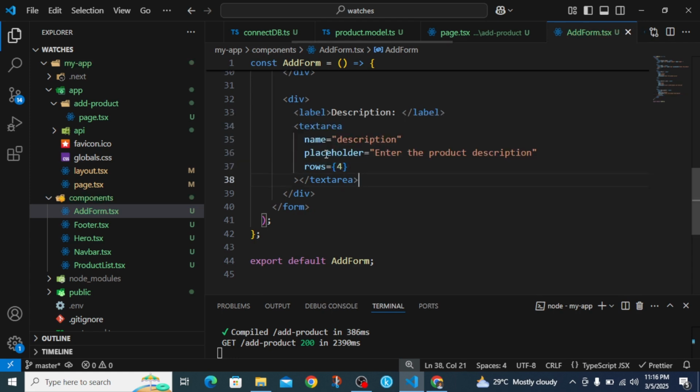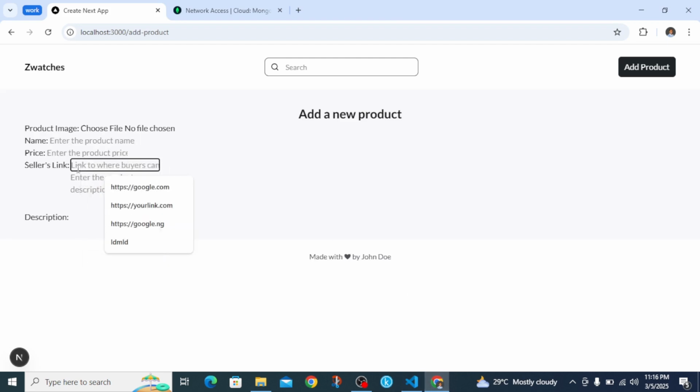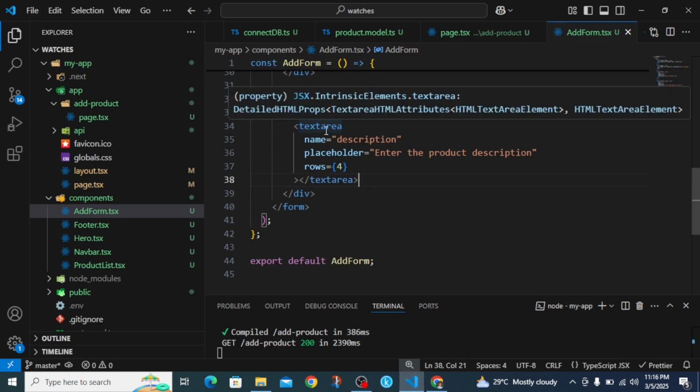So if we save, yeah, the error is gone. If we save, we can come here, and if you look at this, you already have all those inputs. So now let us style this to look like a real form. The first thing to do is, of course, we are going to start at the first tag, which is